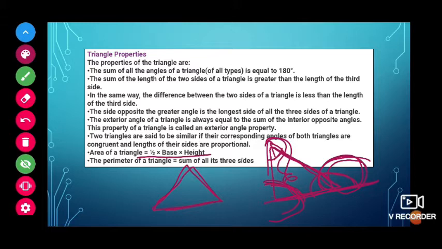Still we have two more formulas, children. One is root of s into s minus a into s minus b into s minus c. That is one formula. One more, whenever we take a right angle triangle, half into leg 1 into leg 2. Like that we have some formulas. But this is the basic formula which we will use, half into base into height. If we take the perimeter, which is the length of the boundary, we get it by adding all the three sides.